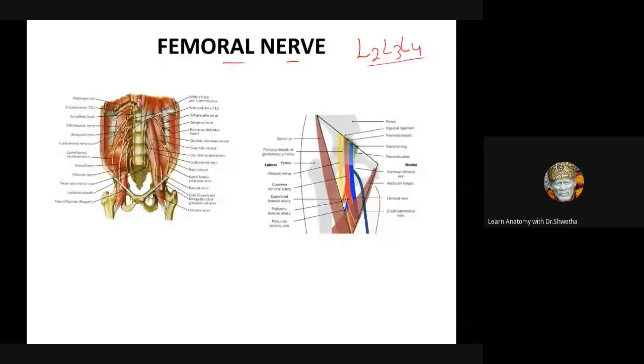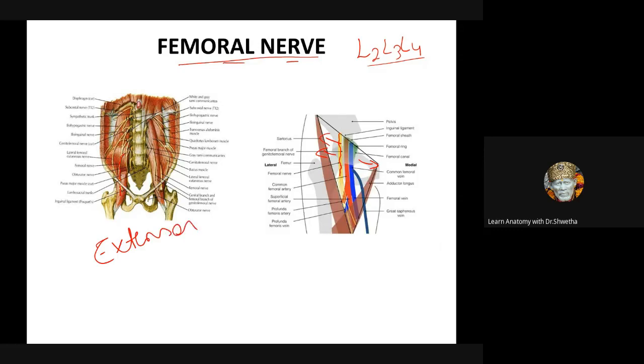Okay. Can you recollect in the last class how did it reach the thigh, the femoral triangle? It is the largest component of the lumbar plexus. It passed in between iliacus and psoas major beneath the fascia iliaca. That is why it is not a component of the femoral sheath. Then it passed behind the inguinal ligament and reached the femoral triangle as the lateral most component of the femoral triangle. Femoral vein was the medial most component, right? So that is the femoral nerve, which supplied the extensor compartment of the thigh.